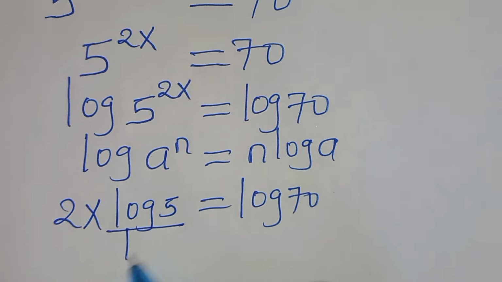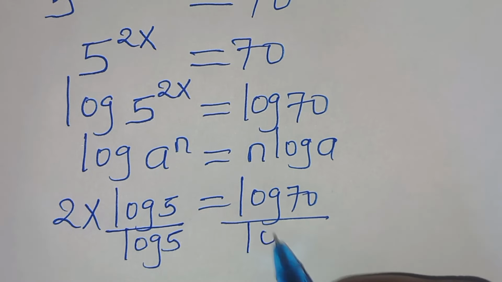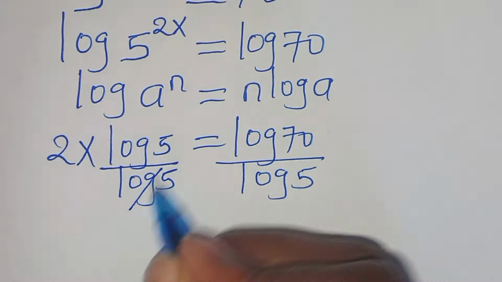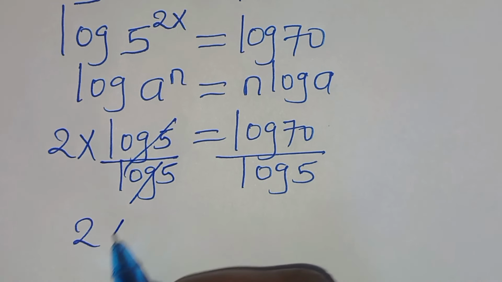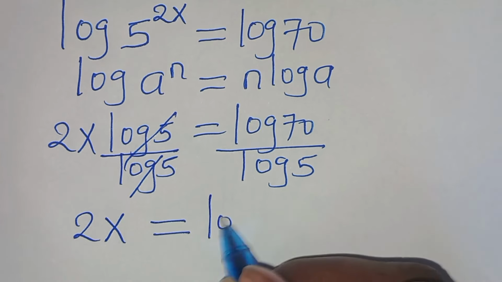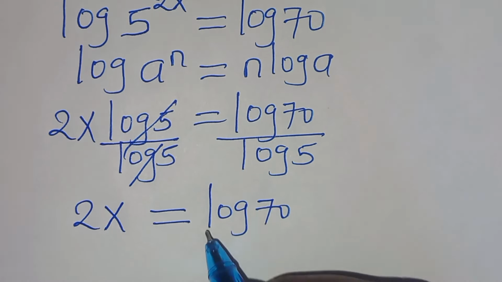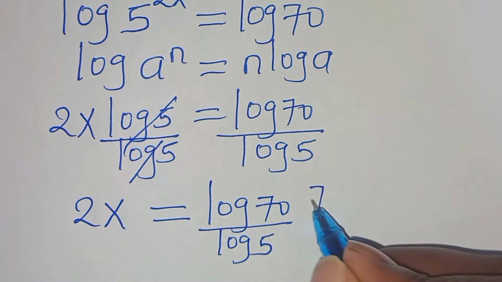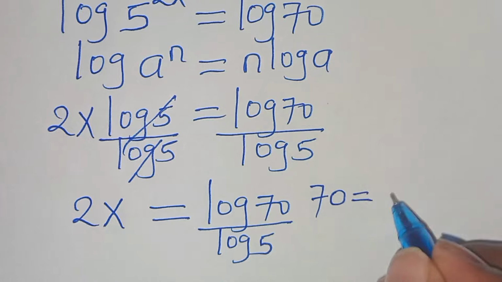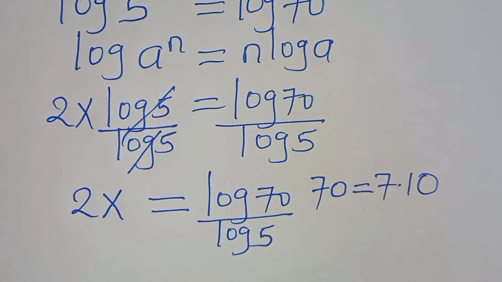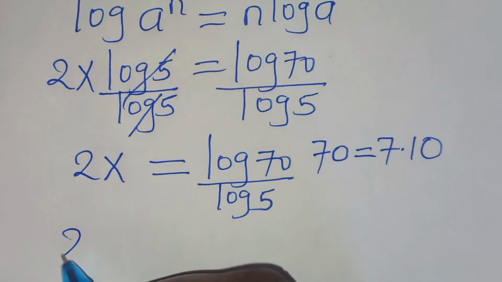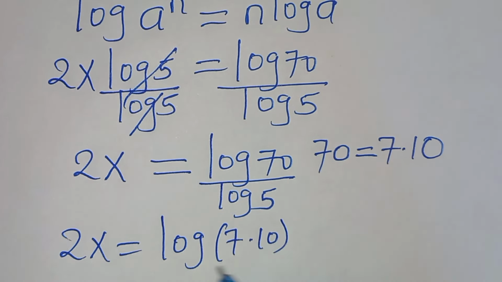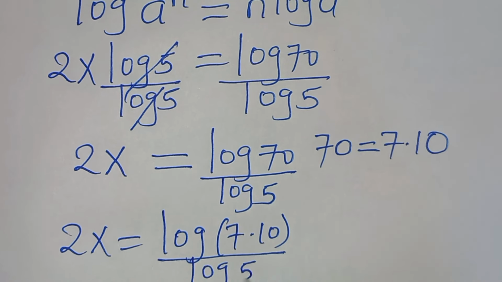So let's divide both sides by log 5 from here, and also here by log 5. So let's simplify. Log 5 and log 5 simplifies, so that now we have 2x. This is equal to log 70 divided by log 5. We can express 70. This is the same thing as 7 multiplied by 10. So here we have 2x. This is equal to log